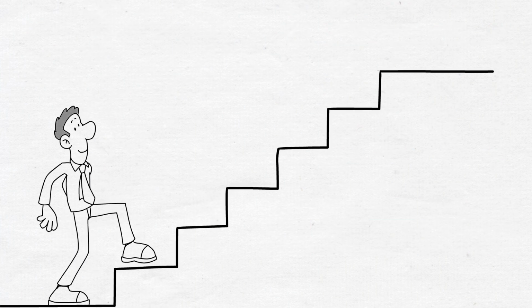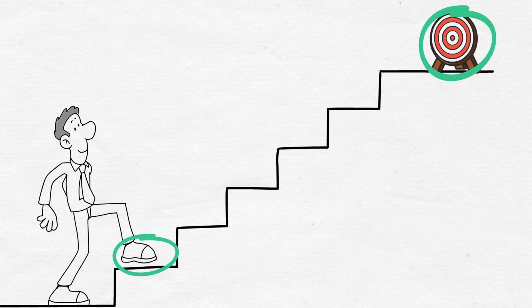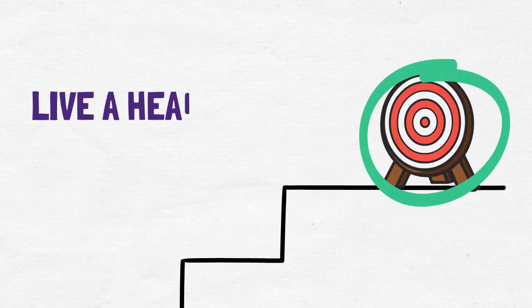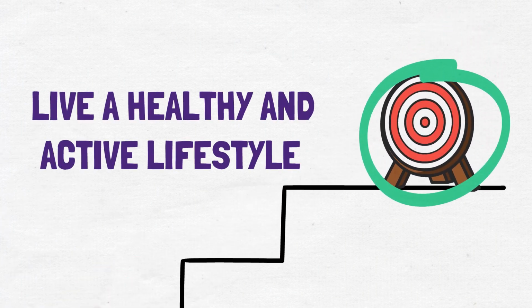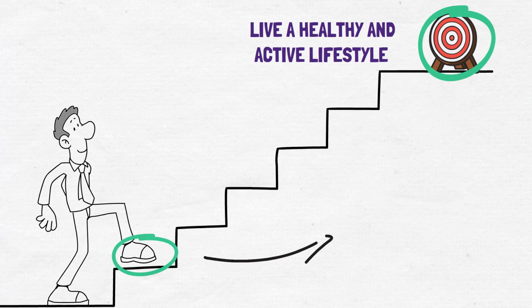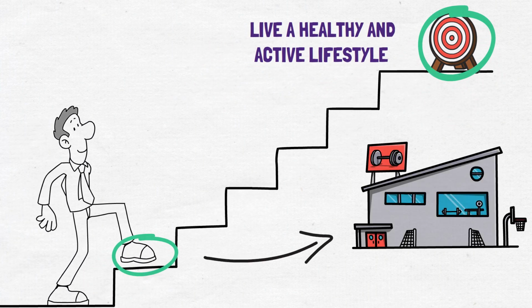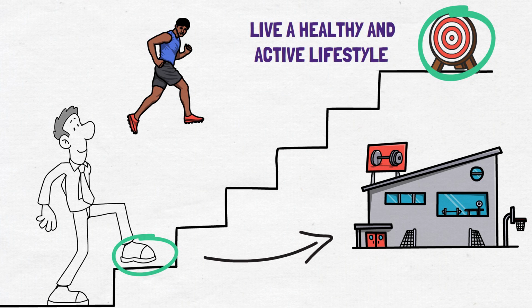An important step in setting a relevant goal is ensuring it is relevant to your goals and values. This means your goal should align with your long-term vision for your life. For example, if your long-term vision is to live a healthy and active lifestyle, improving your physical fitness by going to the gym consistently, or training to run a marathon would be a relevant goal.